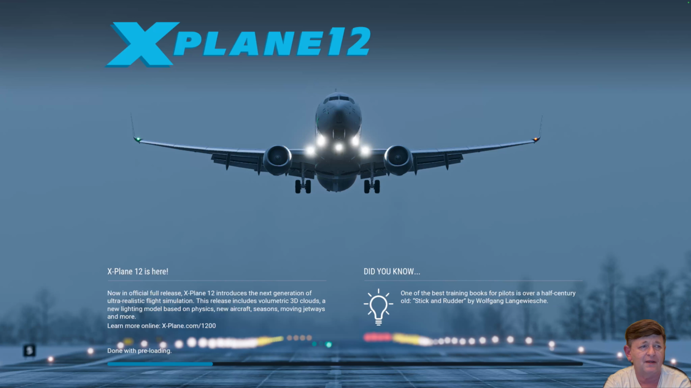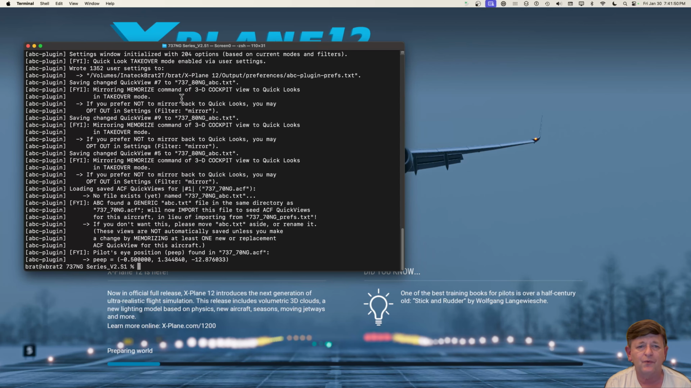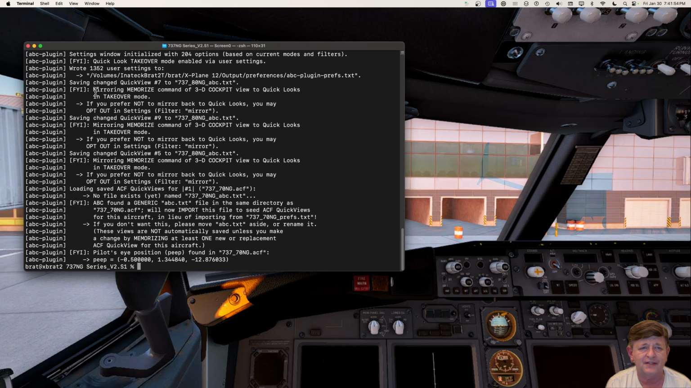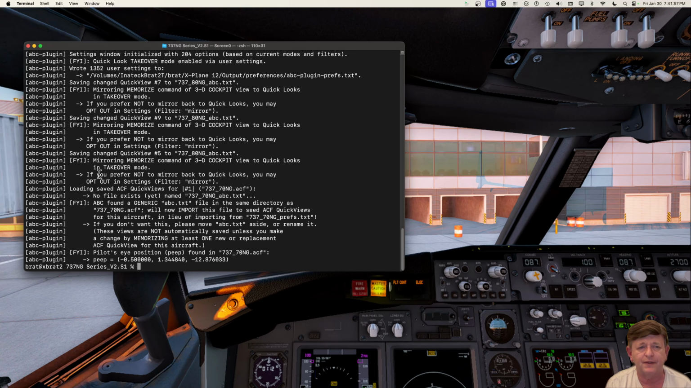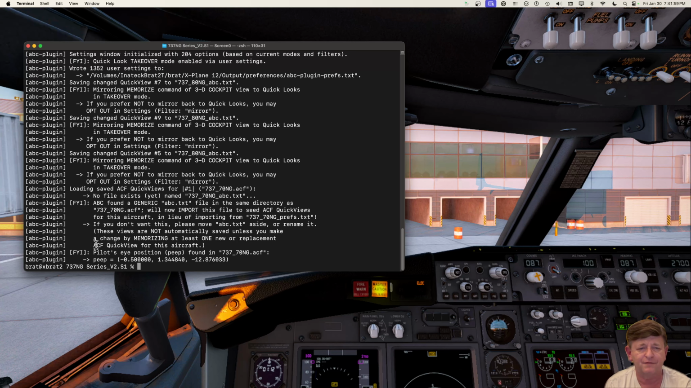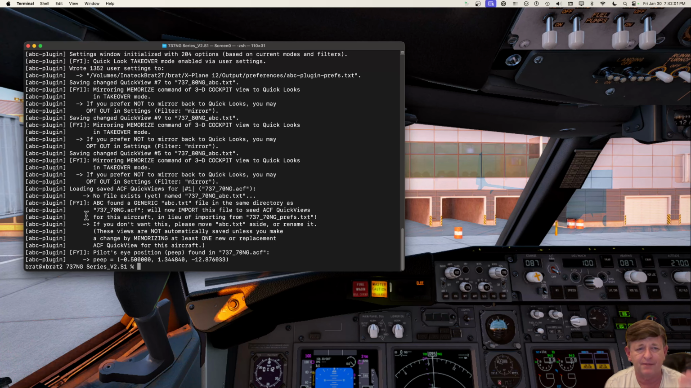If you look in the log.txt file, here we go. So it's still loading, unfortunately. But if you look in the log.txt file, you'll see some. I've purged all the lines for this demo that aren't ABC lines, so you can search for those if you want. But you'll see right here it says ABC found a generic abc.txt file in the same directory as the